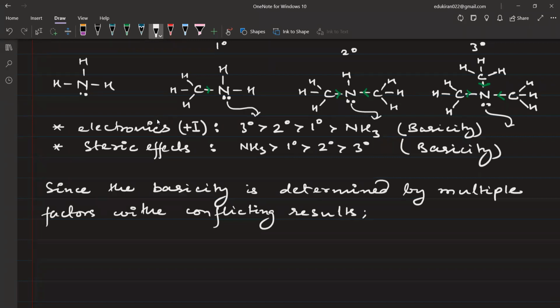Since the basicity is determined by multiple factors with conflicting results,